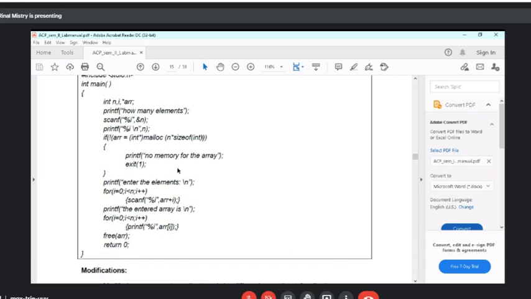Okay, what will be n in our case? 2D array हमको बनाना है. 2D array, let's say 3 cross 3 matrix बनाना है. ठीक है? So what will be n in our case?